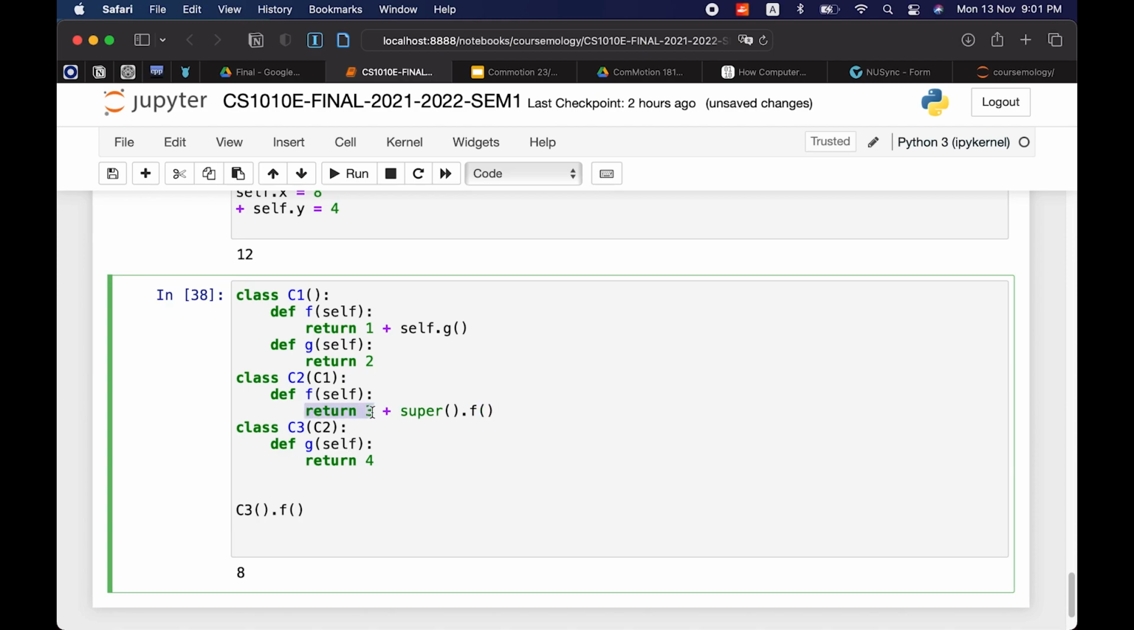right? Return 3. Okay, so we keep count. 3 plus, then we look at the super, which is C1 of C2. Okay, we're looking at this one now. Super.f. Okay, here we call this. So now it's 1 plus self.g. Now g, right, is